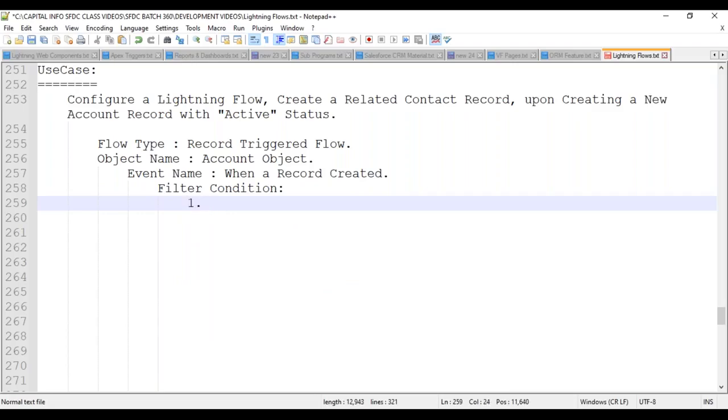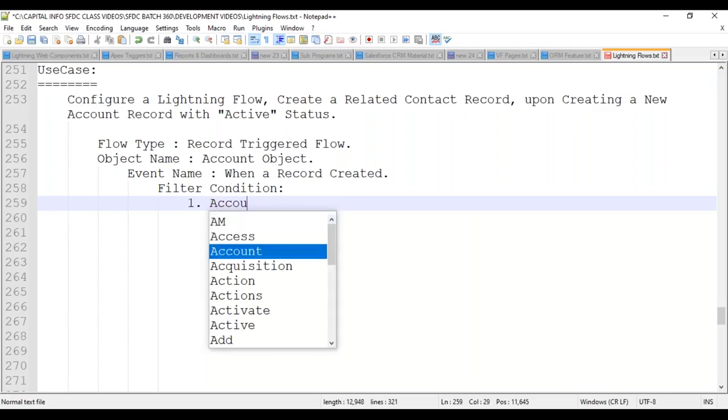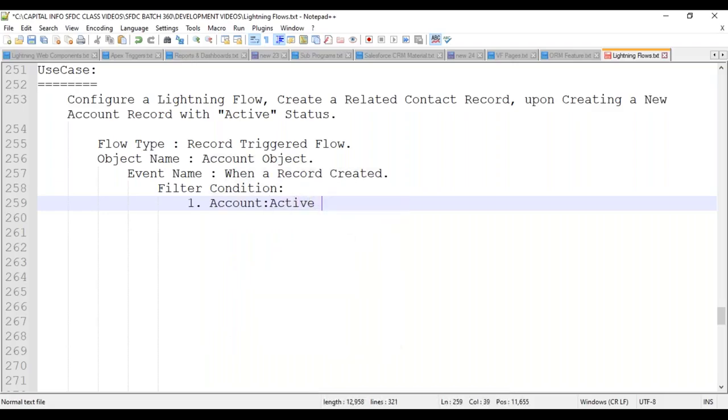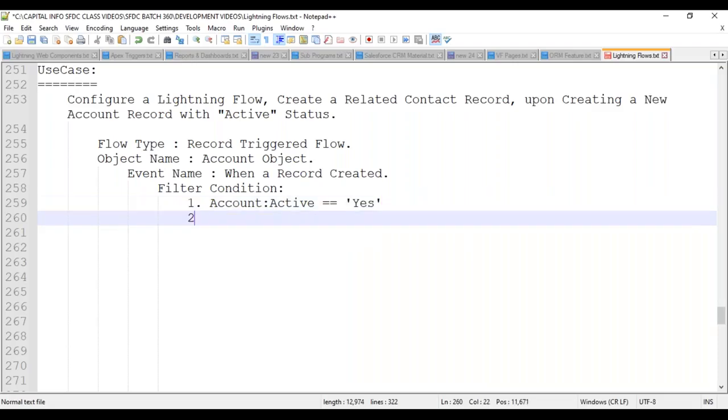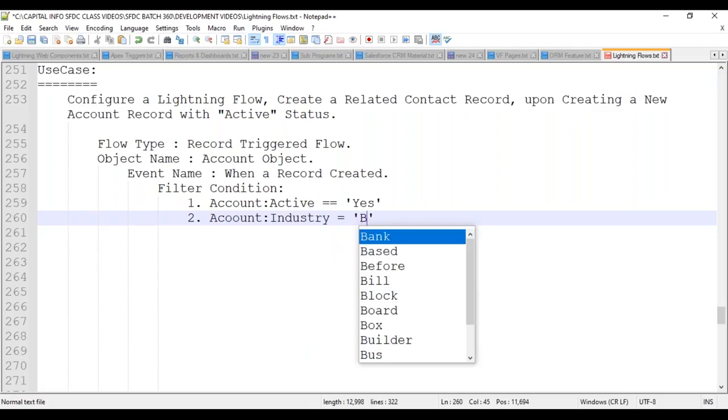Now, I want to check: is the account status active? Whatever account record we have created, if the account record's active status equals yes, that means it is an active customer. I'm checking one more condition also: if the account's industry equals some banking,